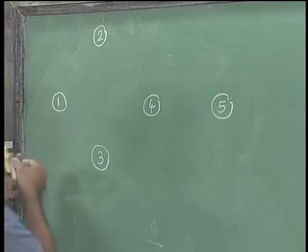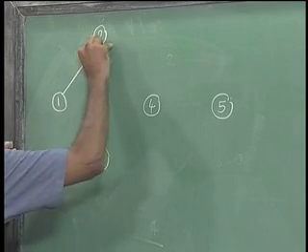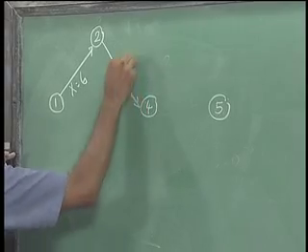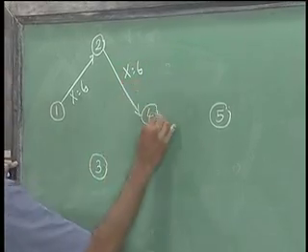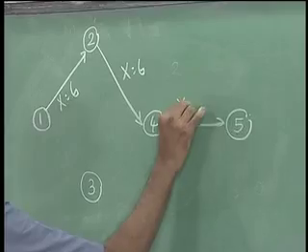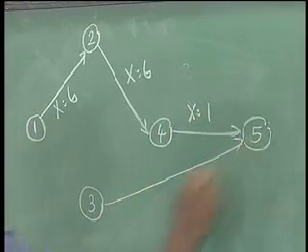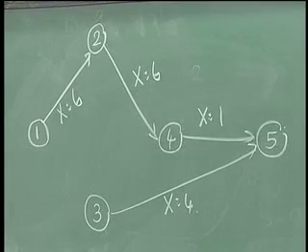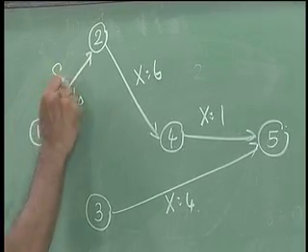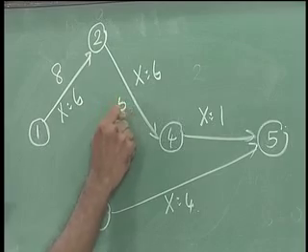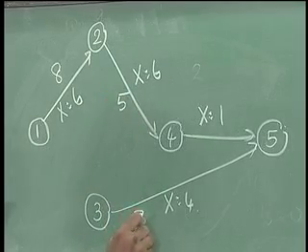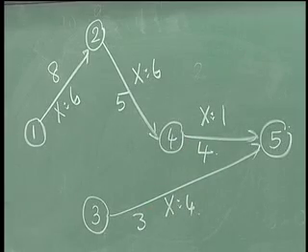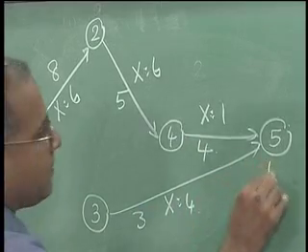Now, the solution here is x equal to 6, so this is the solution. The costs are 8, 5, 3 and 4. Now, we again start with W5 equal to 0,